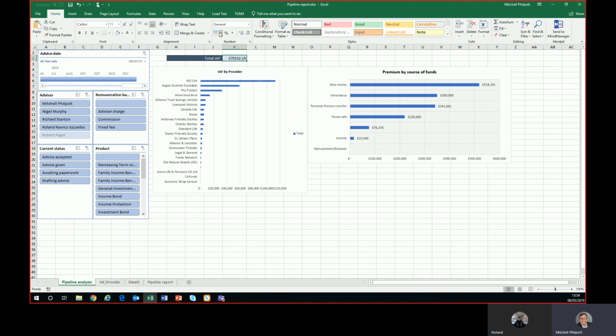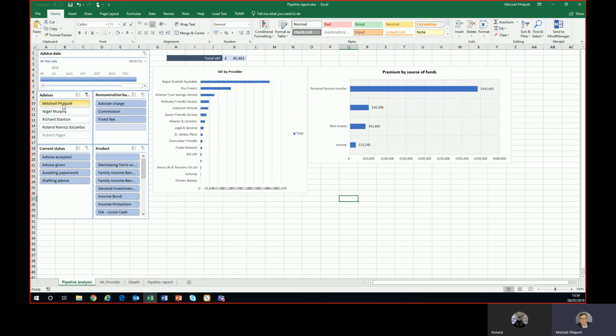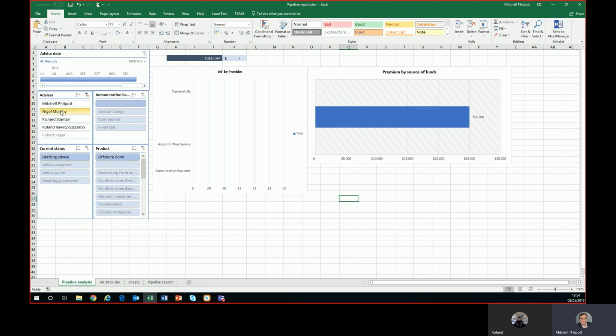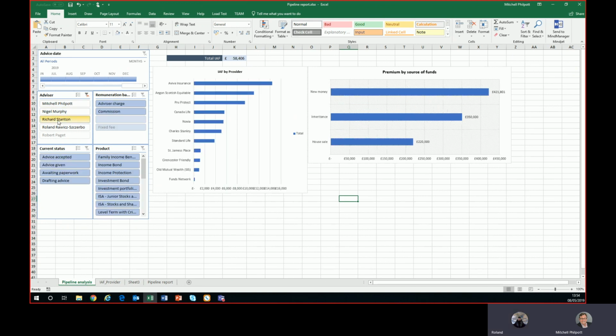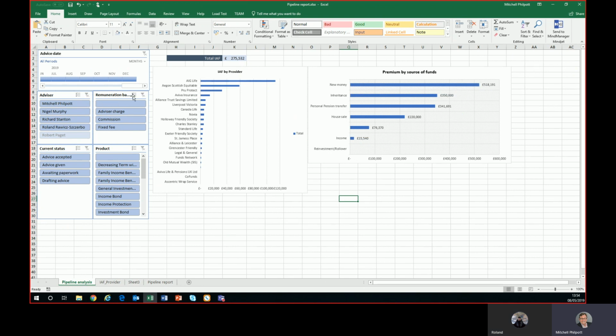Nice. And then I can format it. That's quite useful, because I've already applied filters to that pivot table. So when I filter it, it's all there. I think that's an incredibly useful thing